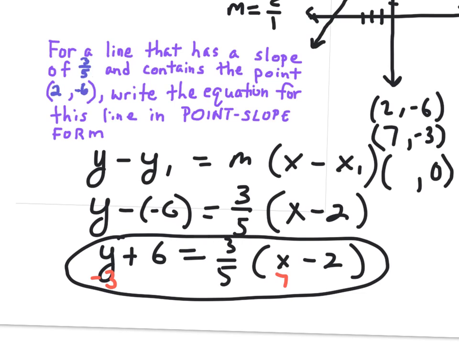-5, -9. 12. That's right. So if I plug 12 in for x, what do I get? I get 12 minus 2, which is 10. 3/5 of 10 is 6. And on the other side, I get 12,